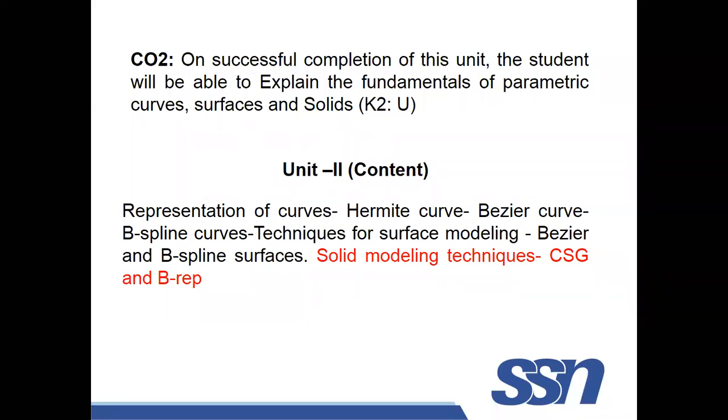Okay. So we have started this unit with a single dimensional entity, curve, analytical curve, and synthetic curve. Under synthetic curve, we have discussed the three: Hermite, Bezier, and B-spline curves. And surfaces, we have discussed. Here is also a synthetic surface and analytical surface. In synthetic surface, Hermite bicubic surface, Bezier surface, and B-spline surface we have discussed.